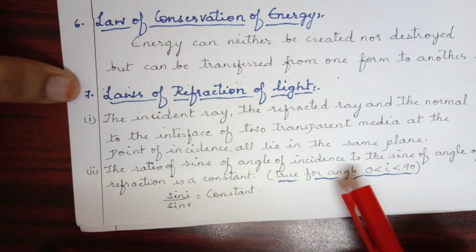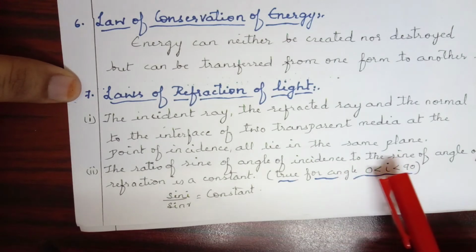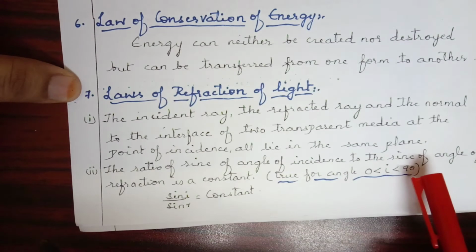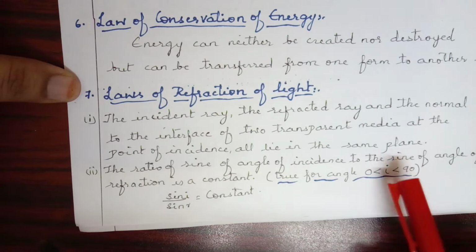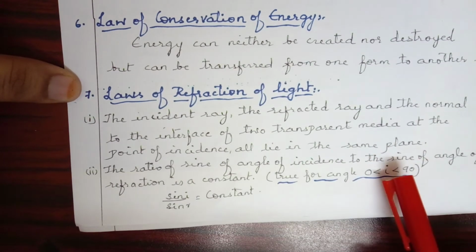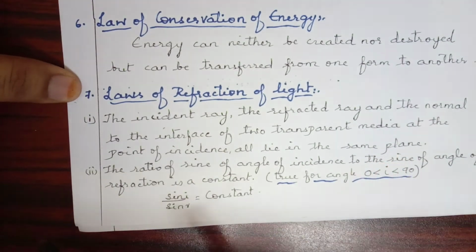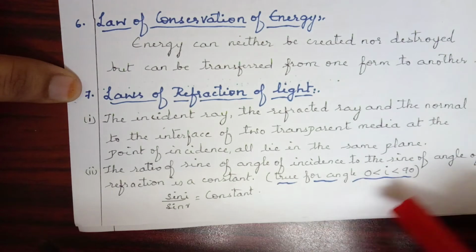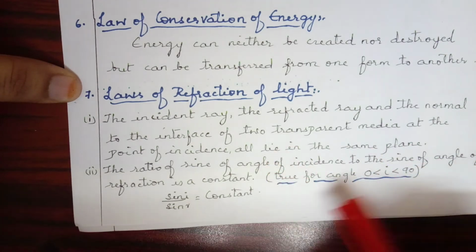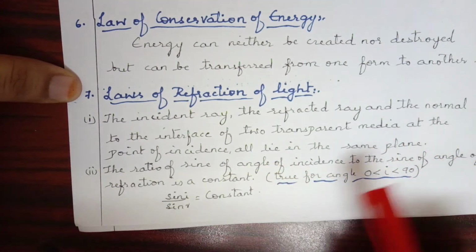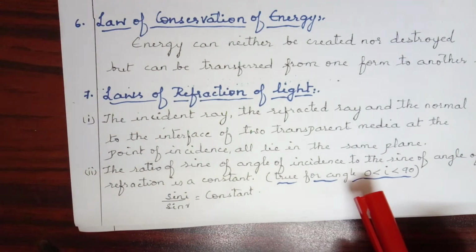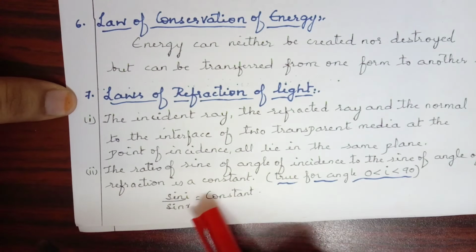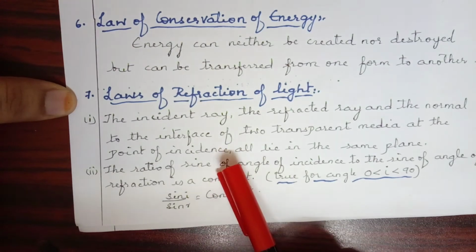Now the rule over here is, if the angle of incidence is more than 0 and less than 90, when it's somewhere between 0 to 90, then this law will hold true. Remembering this is also important for your objective questions specifically. If you prefer not to write this while writing the law, it's fine. If you write, well and good. If not, it will work out anyhow. But leaving out the equation will be wrong. You need to write this along with this.